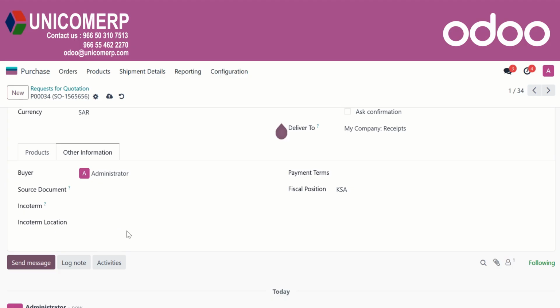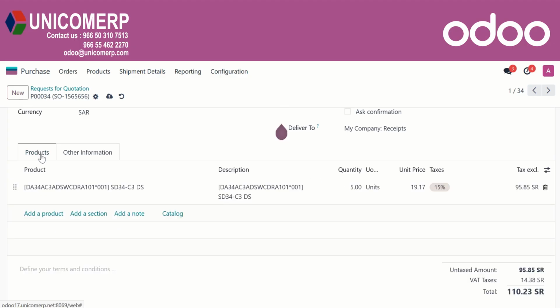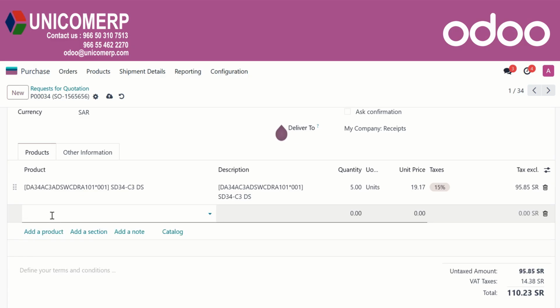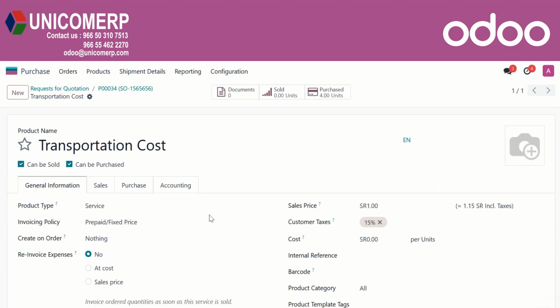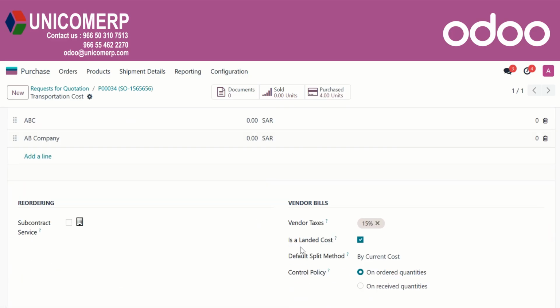Now let's look at how to add additional costs or landed costs in this order. Click on the Add a Product option and select the product that is configured as landed cost. Click on the internal link and go to Product Configuration. The product must be created as a service. Under the Purchase tab, there is a checkbox next to Is a Landed Cost in the vendor bills section. By enabling this, the product can be used as an additional cost in the purchase order. Now go back to the